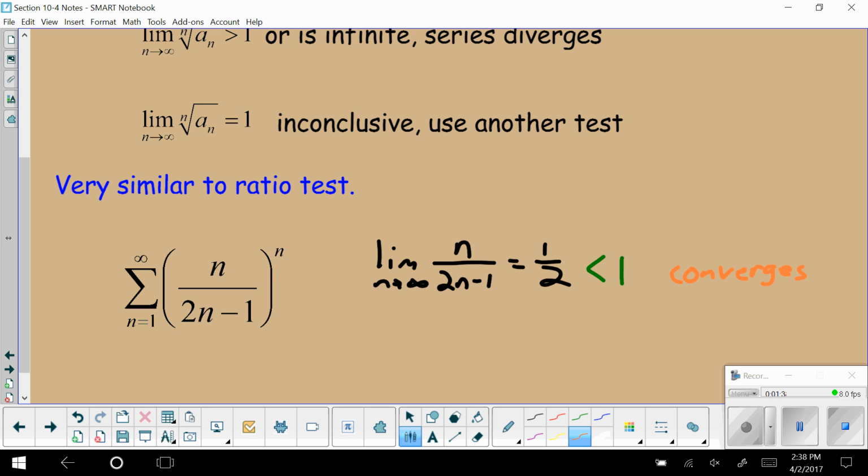But if I take the nth root of this, that gets rid of the nth power, and I'm now left with the limit as n goes to infinity of n over 10n minus 1, which I could do L'Hopital's rule on, or I could do end behavior on, because it's infinity over infinity and n is going to infinity. But I get 1/2, which is less than 1, so this series